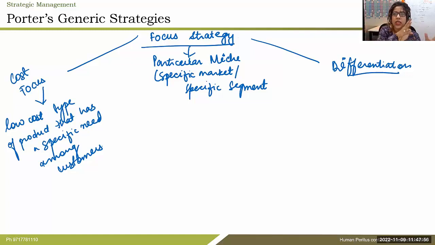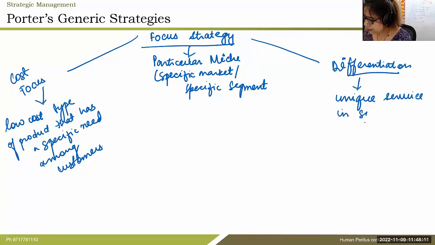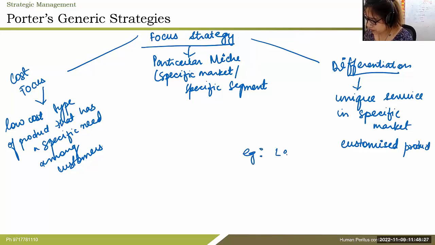Cost focus, we only focused on the middle income group, right? Example, it means a unique service in a specific market. Here it is the customized product. You see, for example, Lefty is a scissor company. Also you see